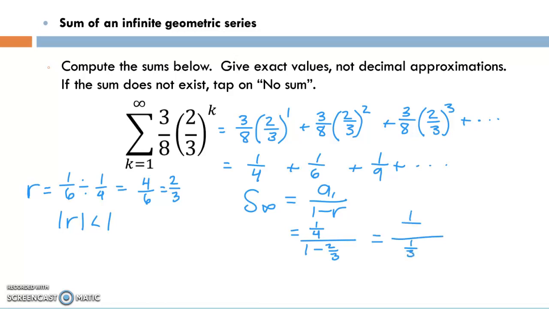So I have 1/4 divided by 1/3, which is equal to 3/4. So this whole infinite sum is only going to add up to 3/4. And that is the sum of an infinite geometric series. We did 4 examples, all different types. I hope that this video